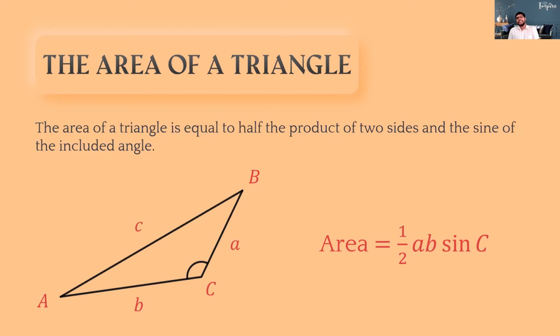Children, the area is simply half times A times B times sine C. So basically, if you have a triangle, if you know two sides and the angle in between, that's what you need. Half into the two lengths multiplied by the sine of the angle in the middle. That's it. Take it down, children, quickly. Write down this formula. This formula can be used for any triangle, right? If you know two lengths of a triangle and the angle in between, then you can use this formula to find the area of the triangle, right? Half AB sine C. Take it down.